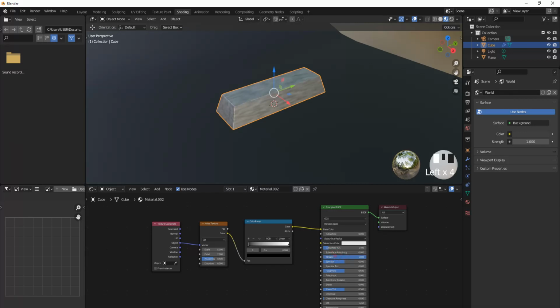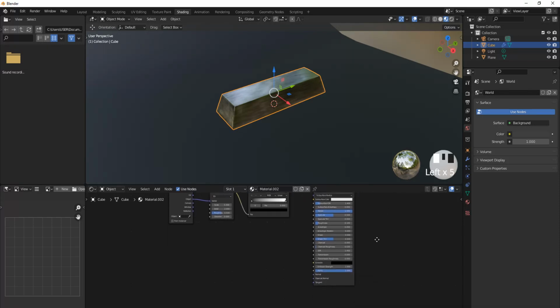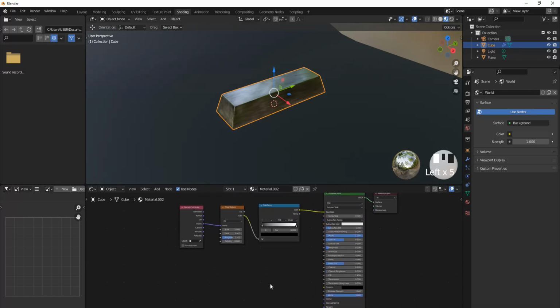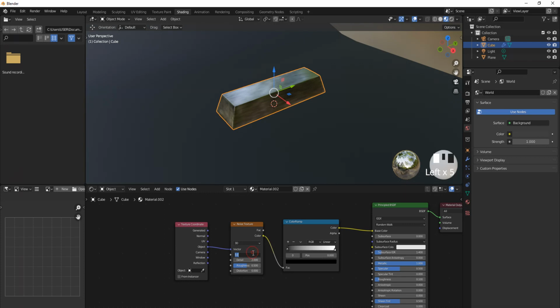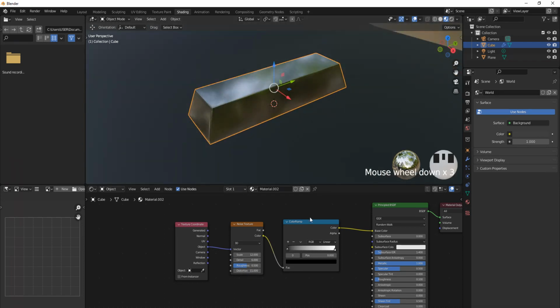Okay, make metallic 1, roughness 0.1 and alpha is already 1. Okay, make it 13 or 12, details 6 or 7, roughness point of 5 is enough. Okay, distortion is 0.8, maybe 0.8, distortion 11. Okay,